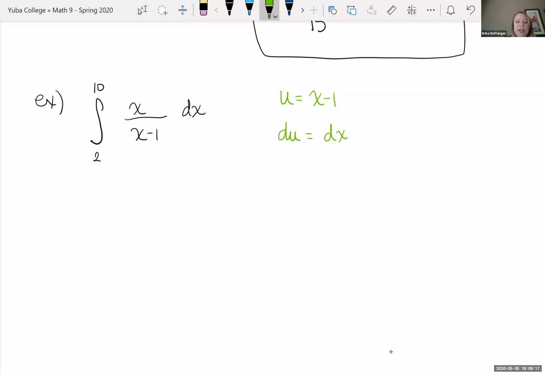So if we go back in and we substitute, right now, since we're substituting, we're going to have to put x equals 2 here and x equals 10, because these are in terms of x and not u, just so that it reminds you. And then we're going to rewrite this. This is x in my numerator all over, well, this is what I had chosen u to be, so all over u, and then dx is du. Okay, so we have a problem because we still have x and u in this, and nothing simplified or canceled out that x. So this is where you want to go back